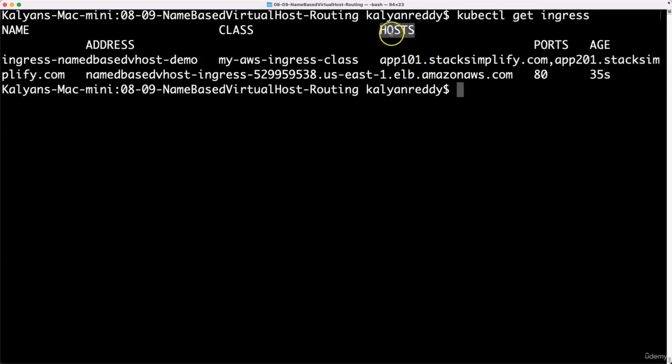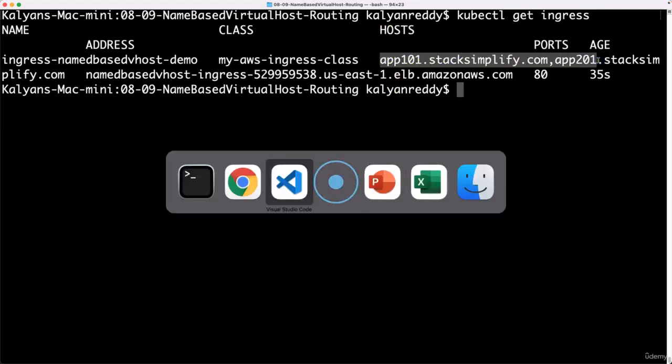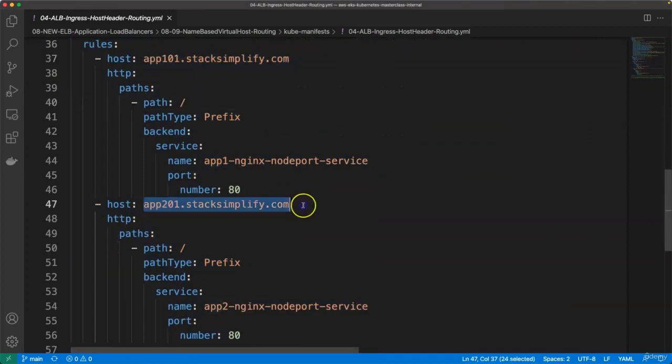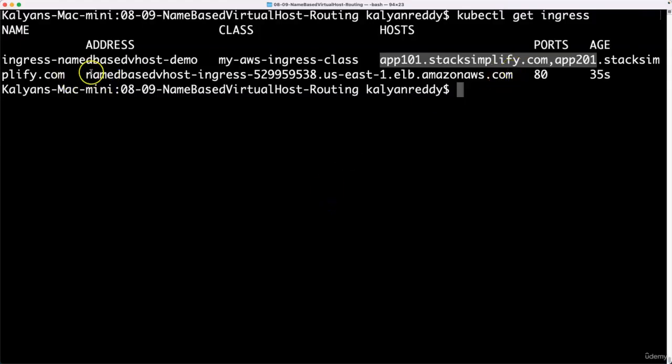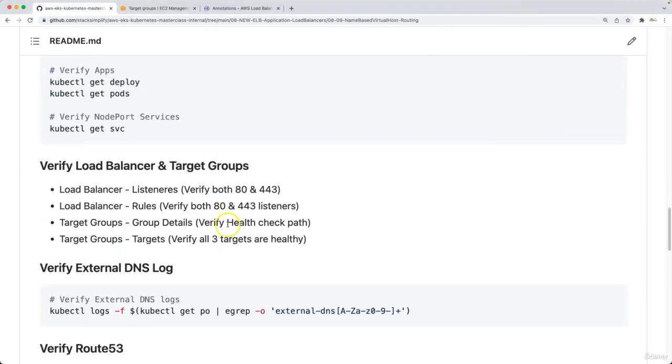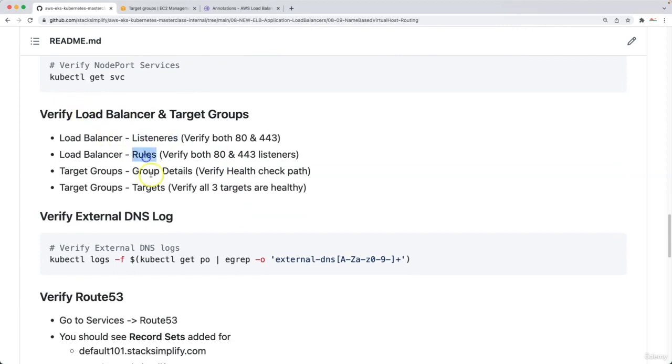So for this ingress, in the hosts area, you can see it has automatically updated its values, whatever you have defined as hosts here, which is this one and this one. In addition to that, you have the standard name based virtual host related ALB DNS name, which is elb.amazonaws.com. So now let's go back and verify your load balancer listeners, rules and targets, and before that